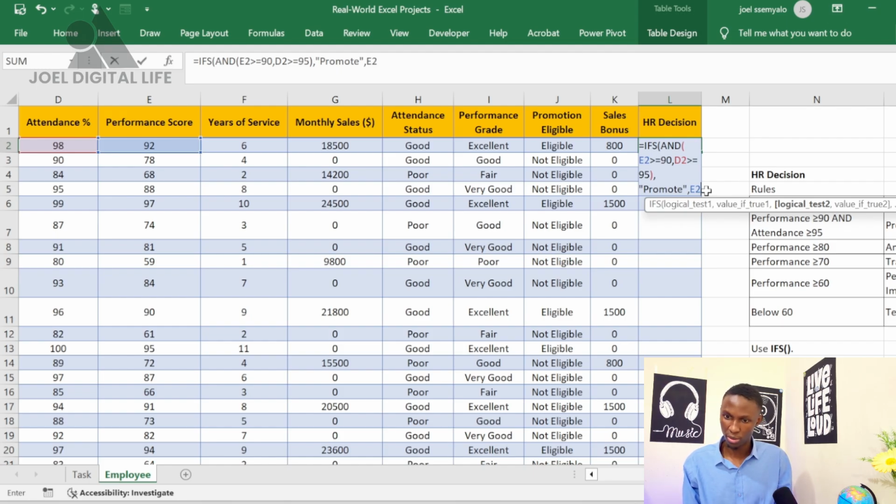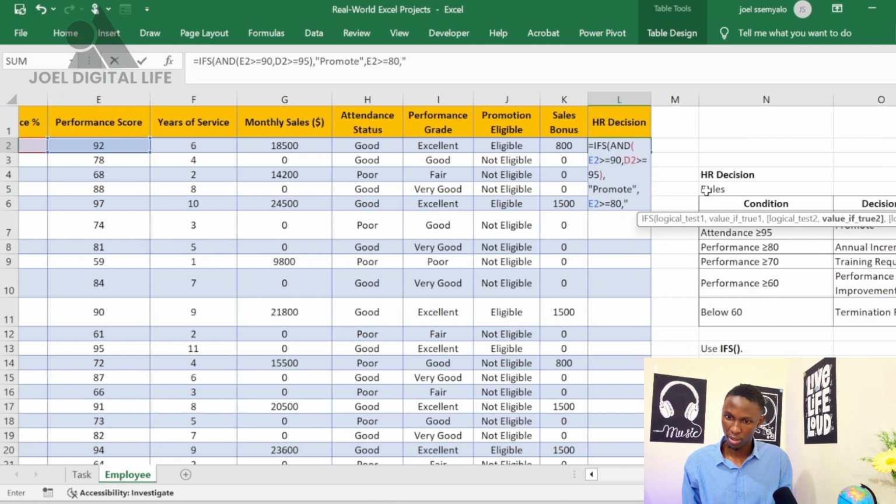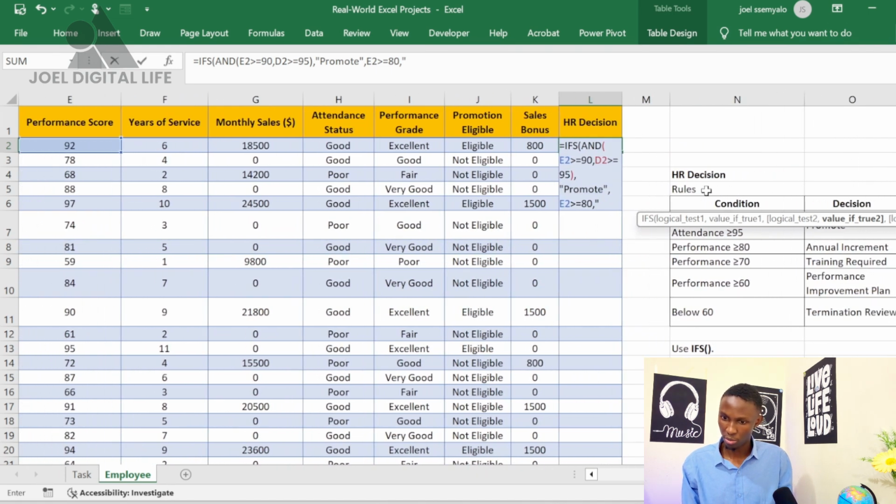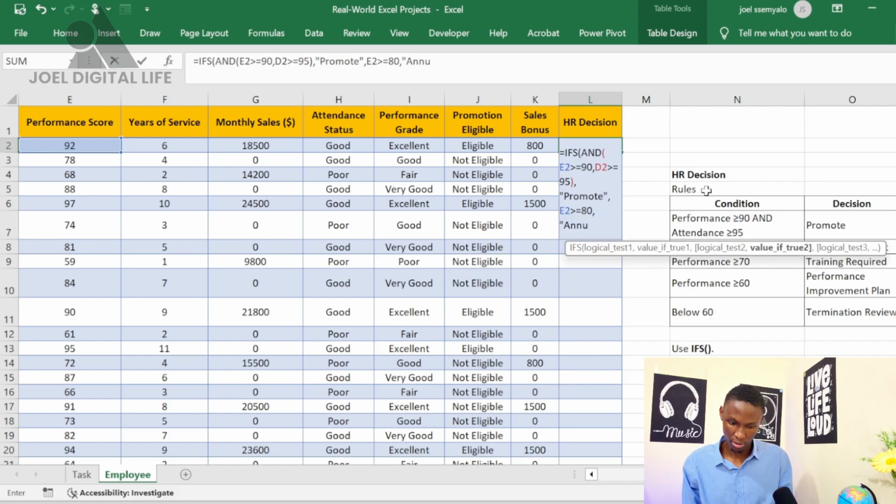Yeah, cell E2 is greater or equal to 80. Okay, then there should be an increment,